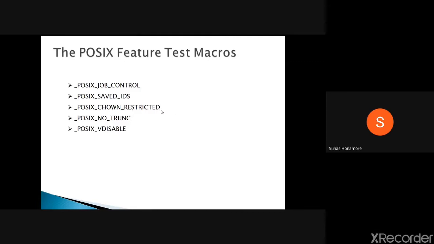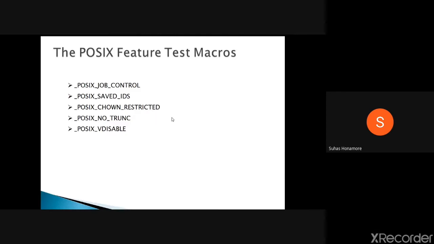Okay, then one more thing is _POSIX_NO_TRUNC. Here we are talking about truncation. If the value of this macro is -1, it means that any path which has a long name will automatically get truncated. For some limit, a particular macro will be defined, and that macro name is NAME_MAX. There is a particular number of bytes, like 255 bytes. If the path you give is more than 255 bytes, it will automatically get truncated to 255 bytes only.